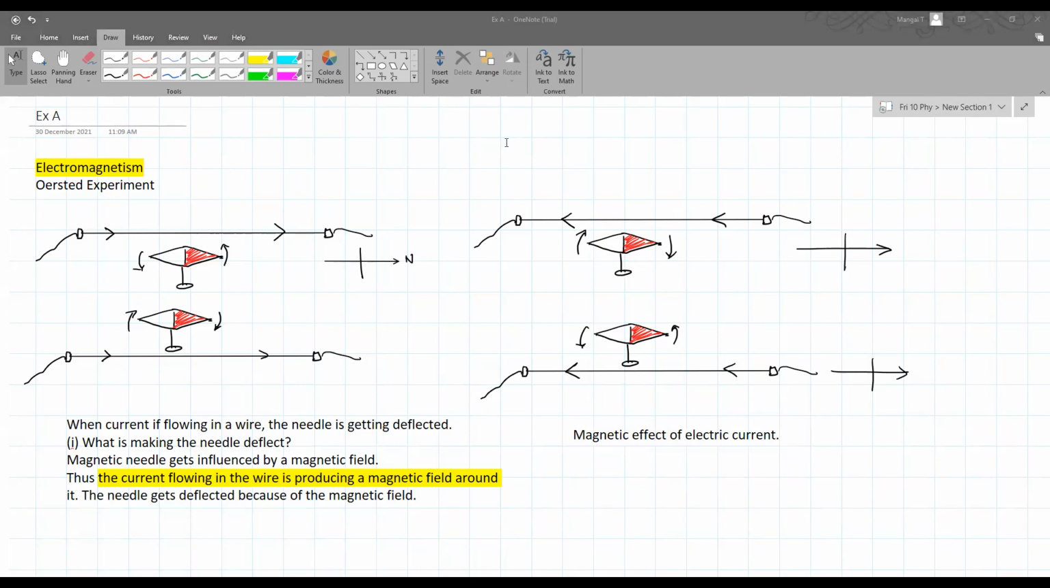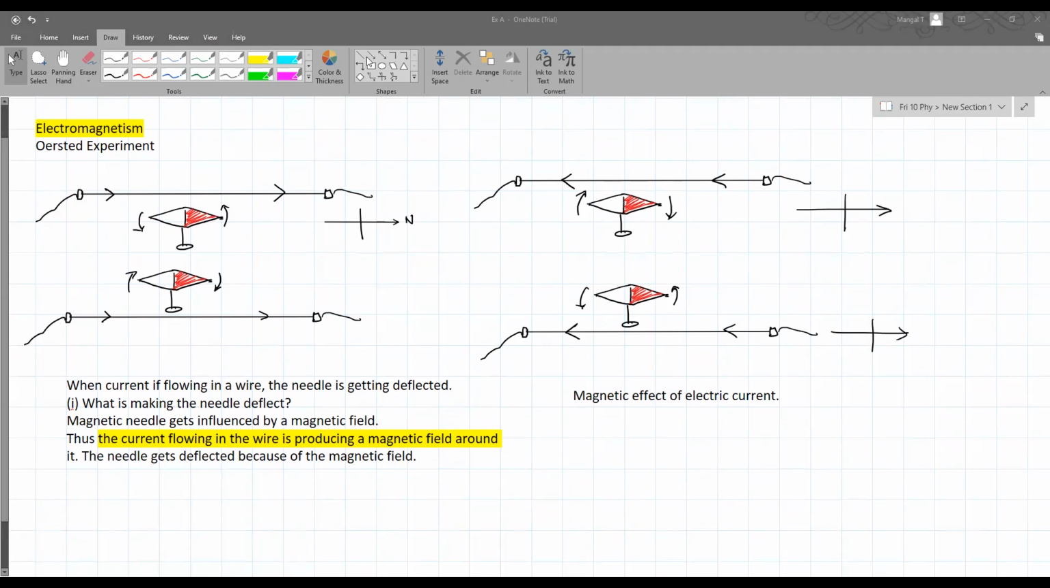So what we have seen in this particular topic is that you allow the current to flow in the wire and the magnetic field is created and the magnetic field deflects the needle. So this is the very basic but very important idea. Now, of course, if you have a thought about how we identify the direction in which the needle is deflecting,